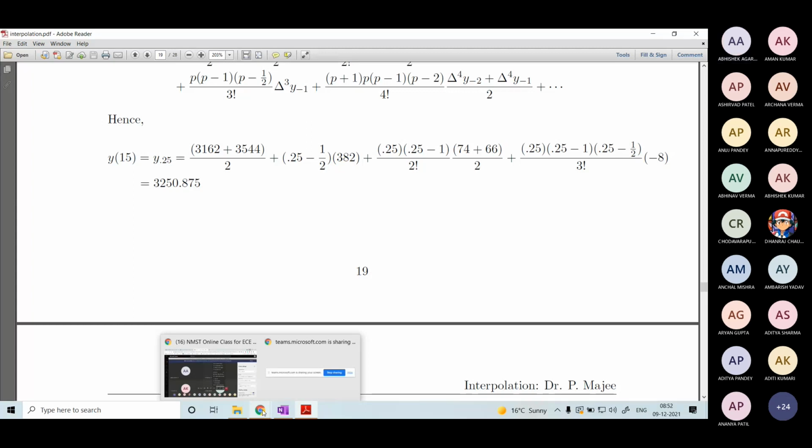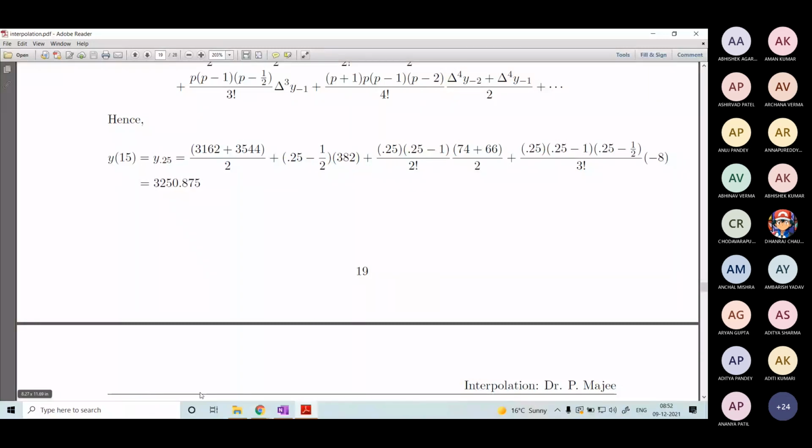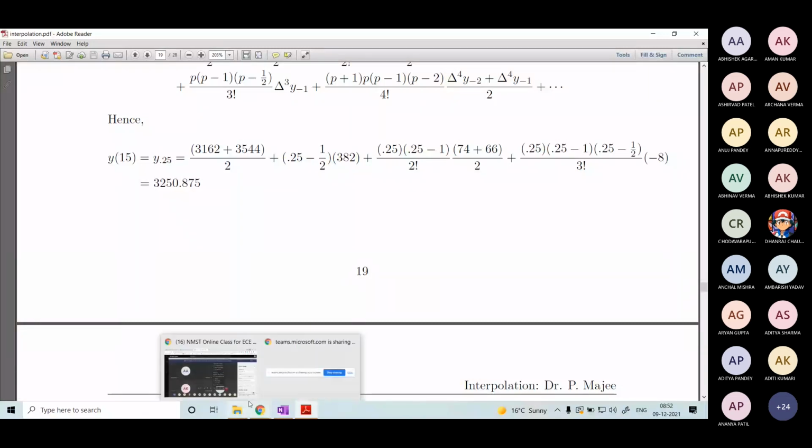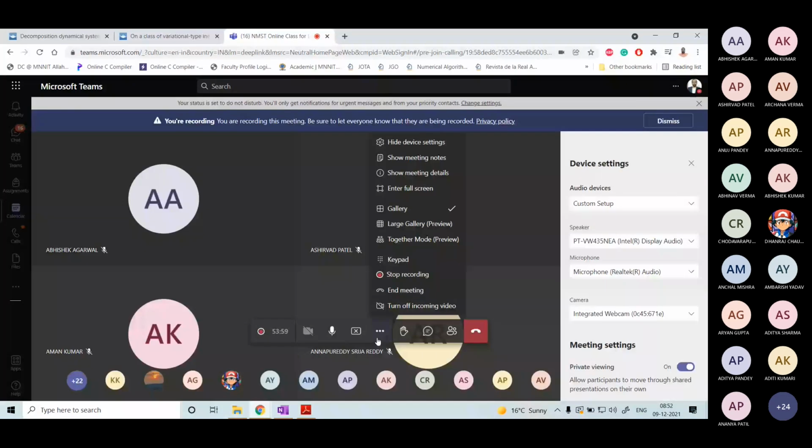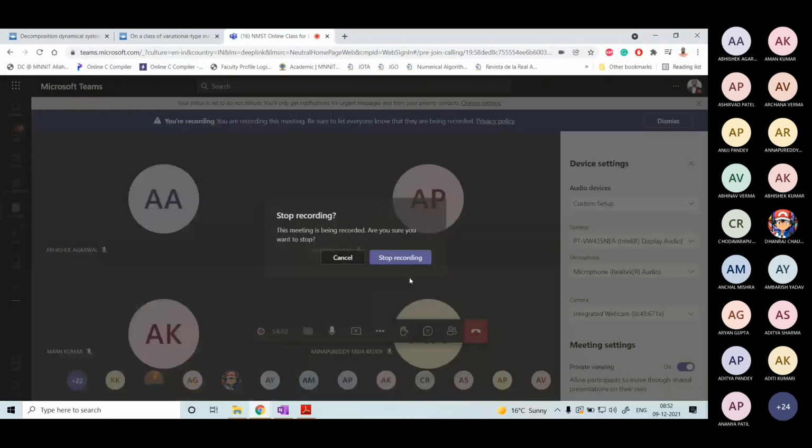No, sir. Okay, so I'll be uploading the tutorial sheet. I'll give you some time because problems from the whole interpolation part will be there. So you solve those problems which you are able to. So I'll give you some time to complete the whole tutorial sheet. Okay, so if you have no further questions, online students may leave the class. Thank you, sir. Thank you.